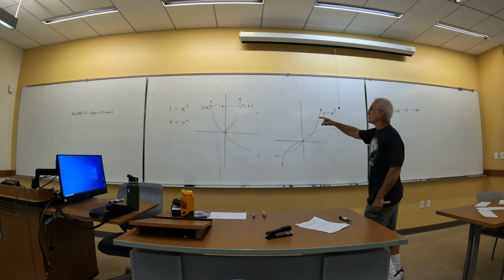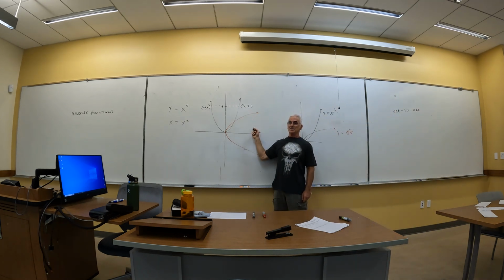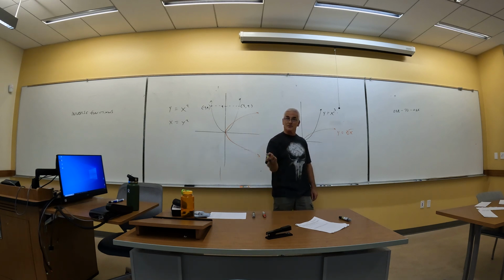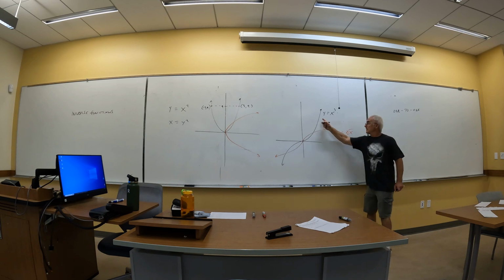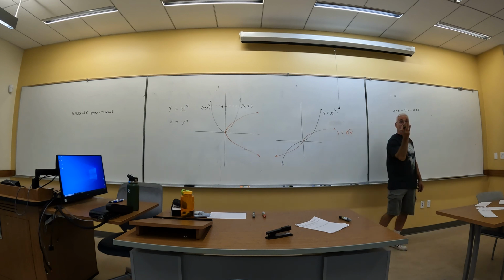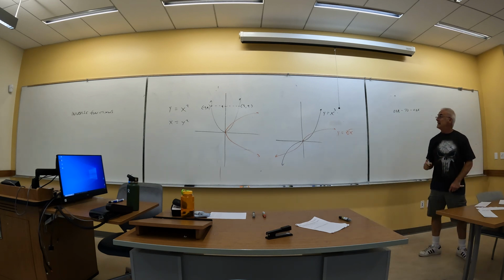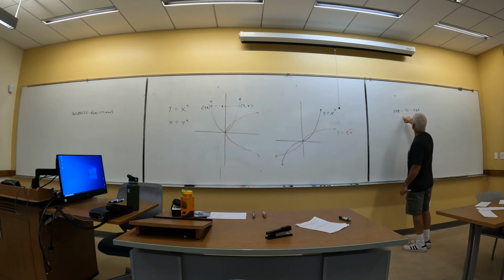So if my function fails a horizontal line test, then its inverse will fail the vertical line test. Everything has an inverse, not every inverse is a function. Did the cubic graph pass a horizontal line test? Yes, and so therefore its inverse passed the vertical, because all I'm doing is flipping basically over the line y equal x. So if a function is one-to-one, then we say the function is